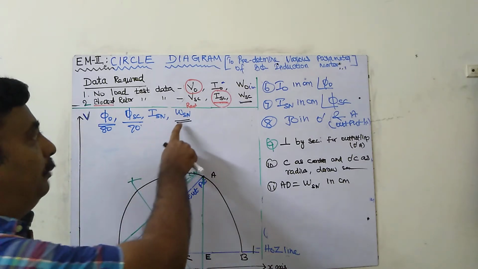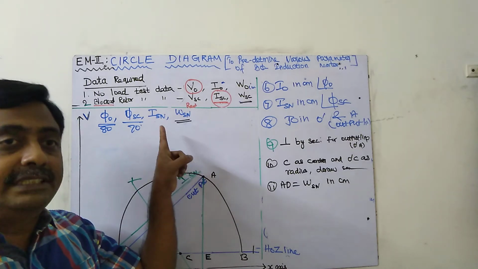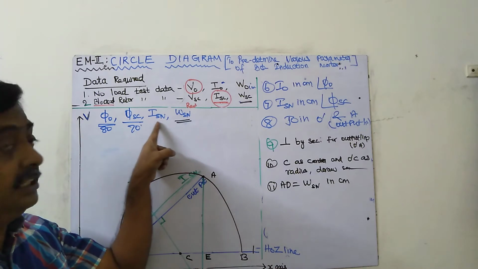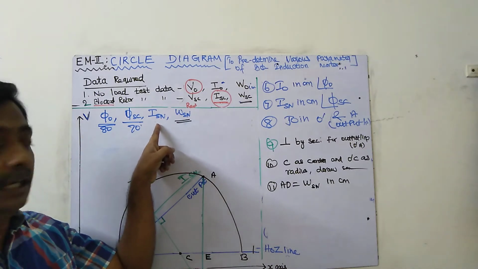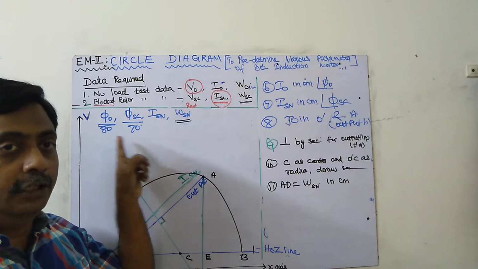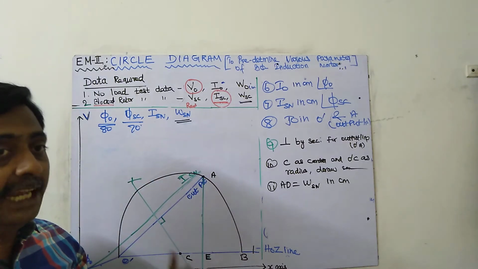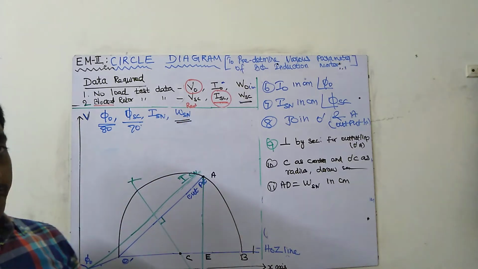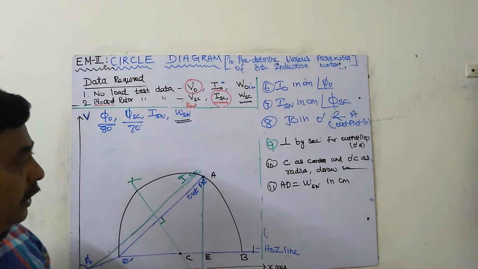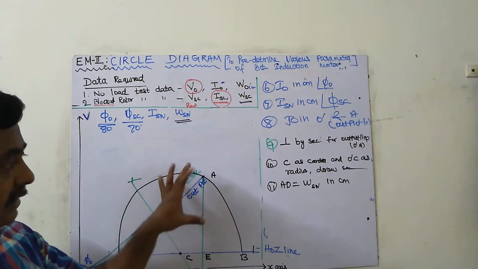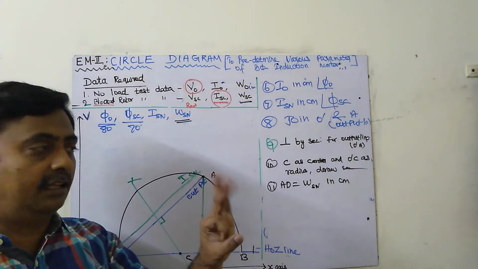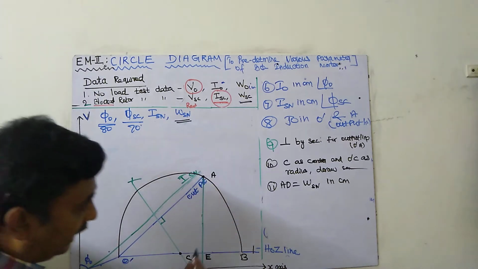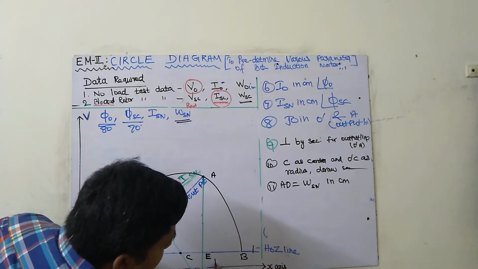What does WSN represent? WSN equals rotor copper loss plus stator copper loss plus fixed losses. At which condition? Short circuit current, this heavy short circuit current at normal voltage. So AD represents WSN, the short circuit power at normal voltage. Here we have to segregate all the losses. WSN consists of three losses: fixed losses, stator copper losses, and rotor copper losses. So here DE represents fixed losses.